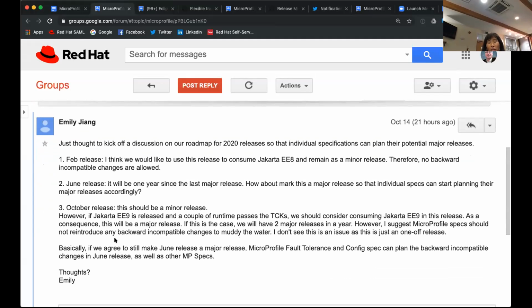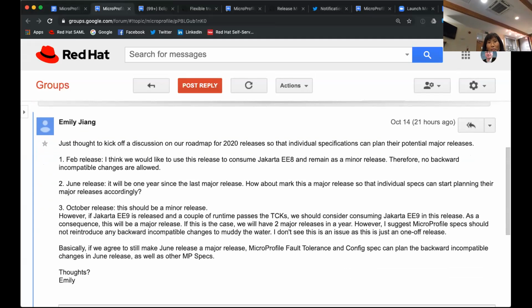And October release, if Jakarta EE9 is released, and also obviously we need to have a runtime pass the TCKs, and then we can adopt Jakarta EE9. I'm not sure whether October release will give sufficient time for that to happen. If not, October release will be a minor release.